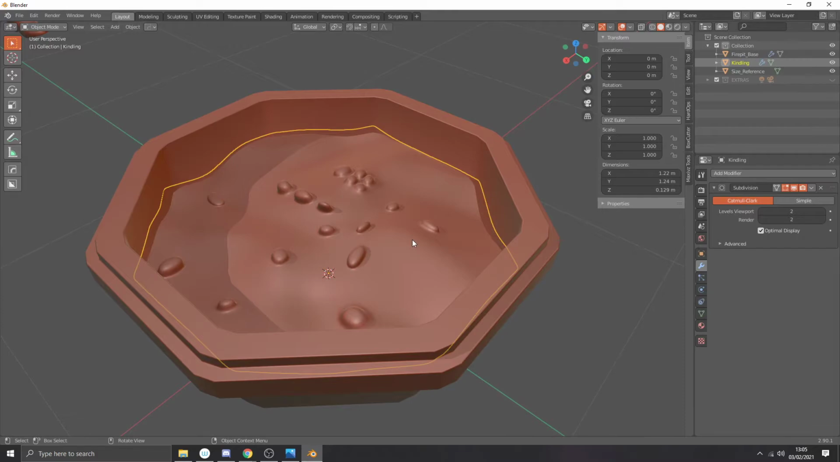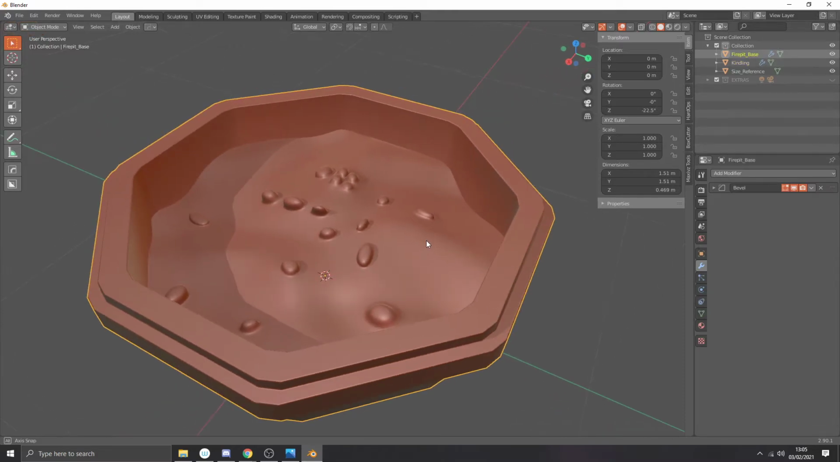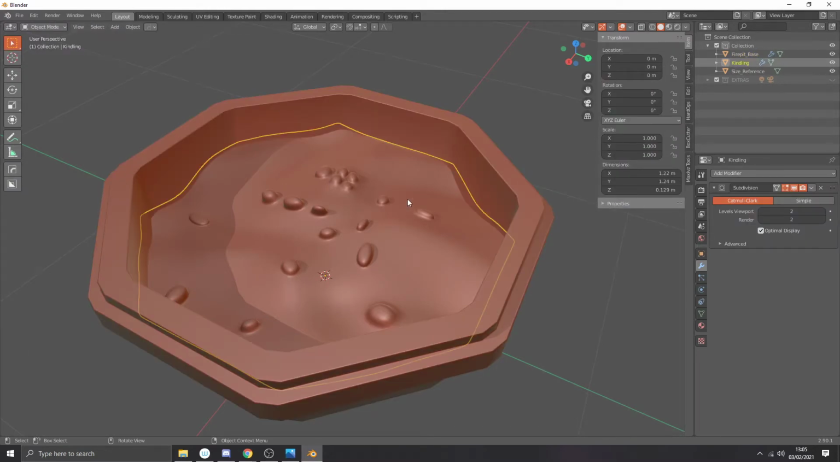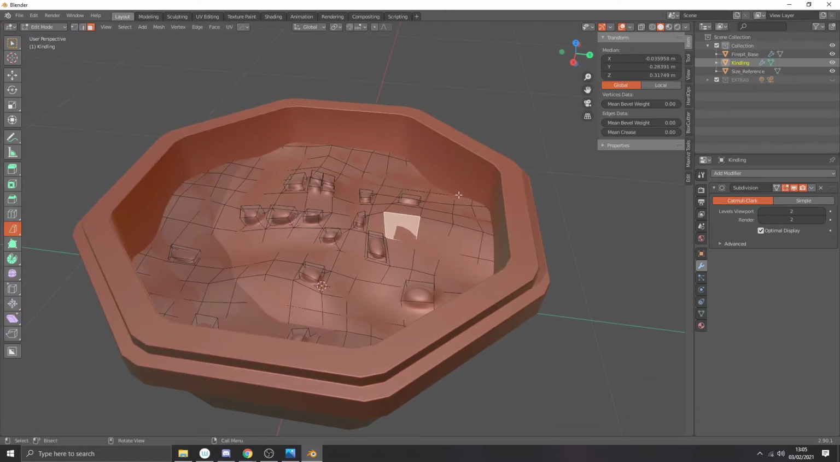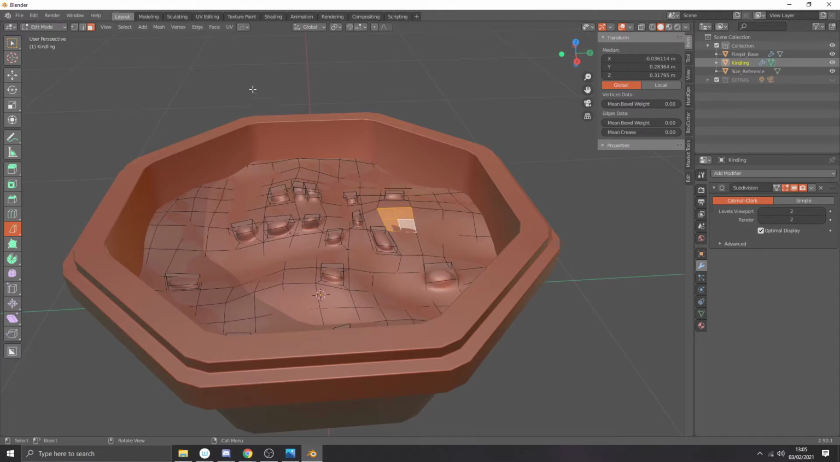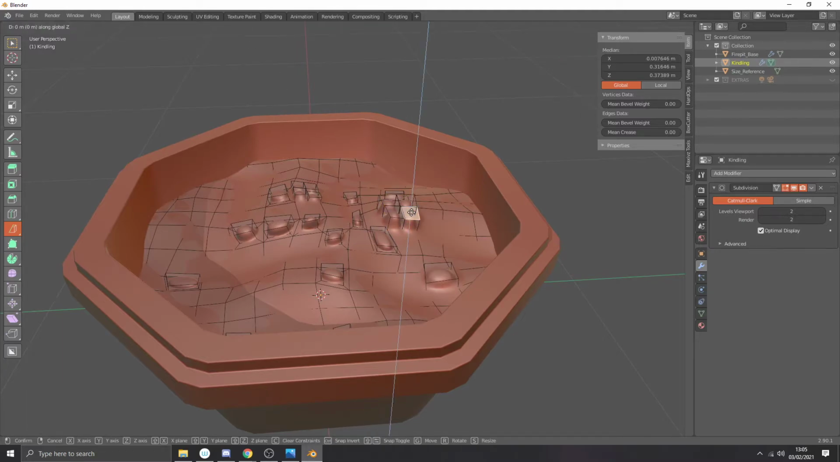Just a bit of a tip. Say if you want to, that's the wrong one. Say if you want to, I don't know, make smaller ones, you can just click on a face, right click, subdivide it, and then just click on these new faces, face, extrude individual faces, move them like that, come back in here, GZ,